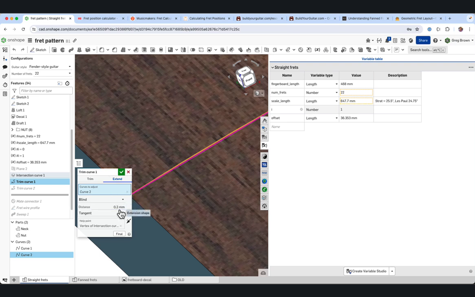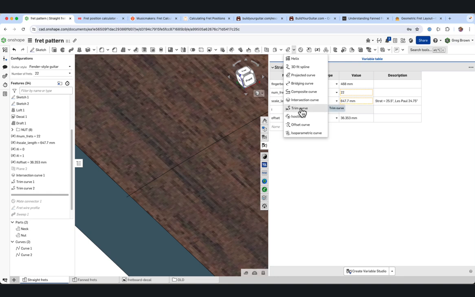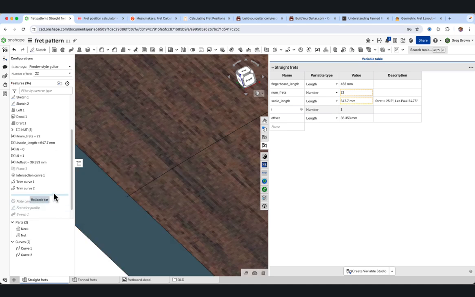I could have put any number in here. This is not really significant, other than it just needs to be outside the edge. Trim curve is over here in the tool set of curves, and you can either trim or extend. So I'm using the extend method inside this feature. Once we've done this,